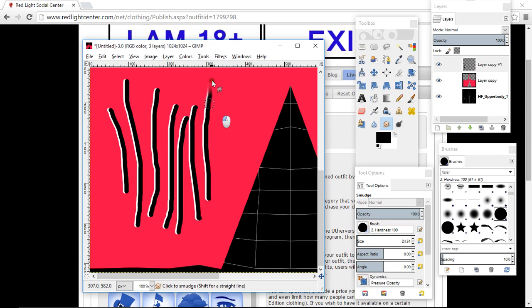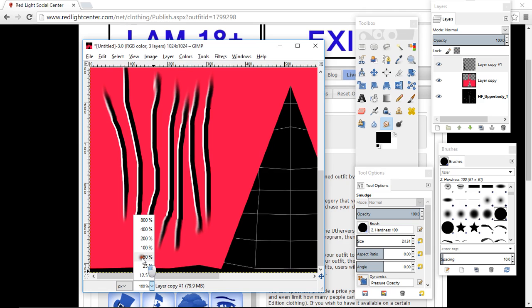Left click holding it down, drag. Left click, drag. And do this for all of these. Doesn't have to be tidy because I'll show you how to tidy it up in a minute. Just takes practice, lots of practice. It's a lot of fun once you get the hang of it. Now once you've done this,